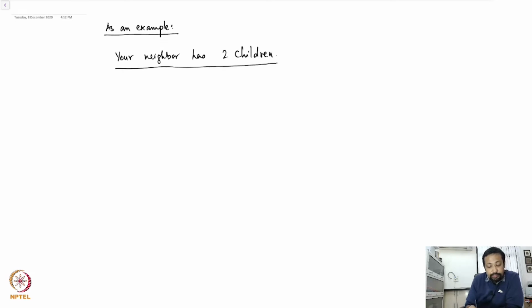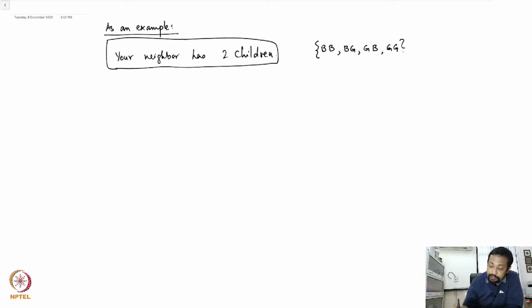Now given just this information, if I ask you what is the probability that the children of your neighbor are both sons, then you will say, oh, that is very simple to answer. Let's look at the options that we have. Both of them are boys, boy girl, girl boy, and then girl girl. So this is the sample space that you are looking at,